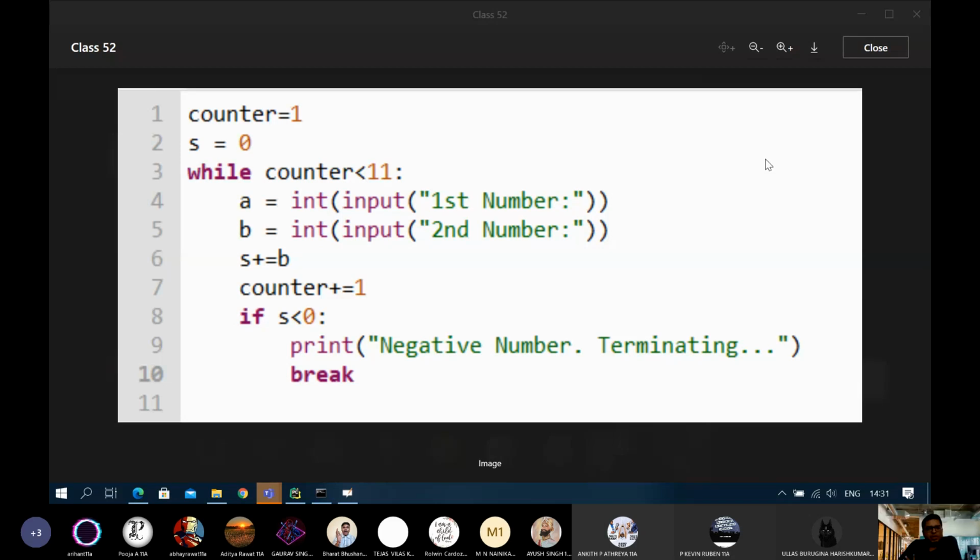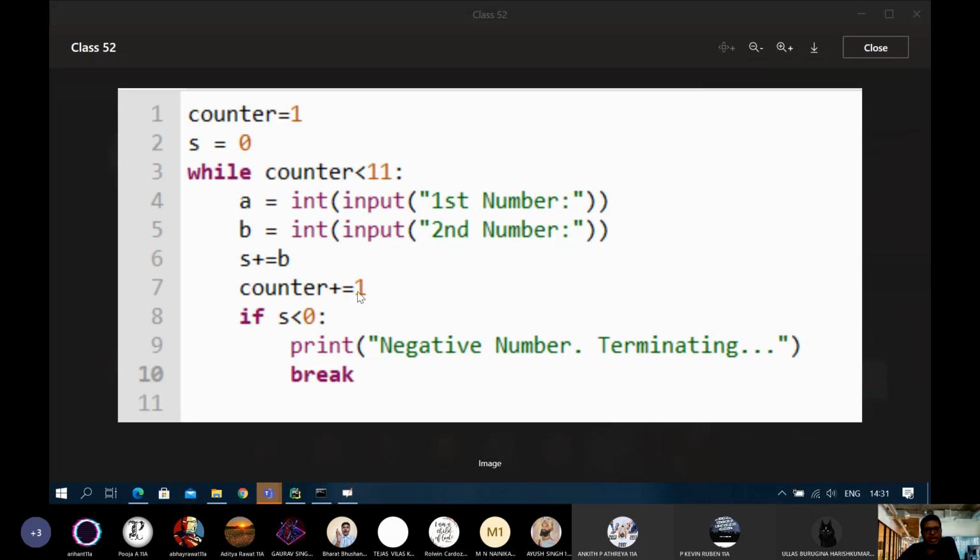If you look, it has taken a counter S for sum, finding the sum. Here, shouldn't you do S is equals to A plus B? You have done S is equals to S plus B. So that line didn't execute. Only for line number 6, you can correct it. In line number 6, it should be S is equals to A plus B, right? Everything else is fine. So you can just correct line number 6, which should be S is equals to A plus B. And then